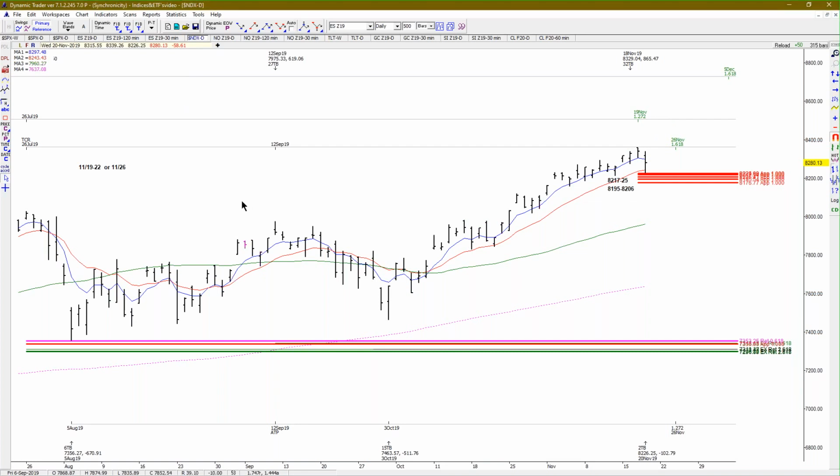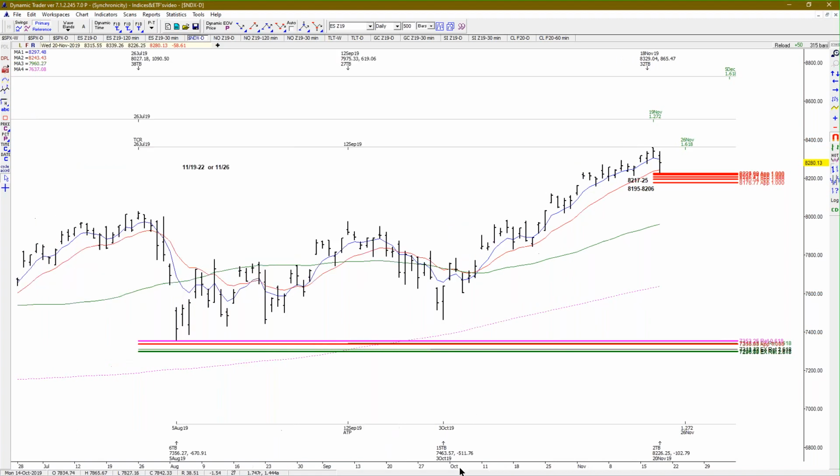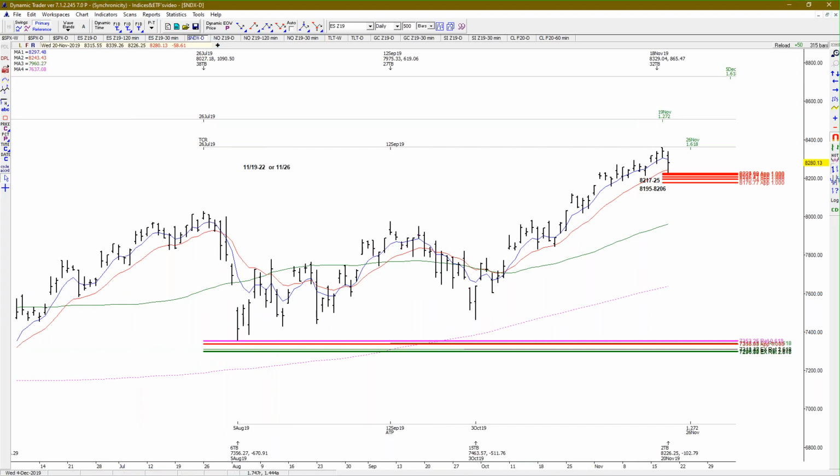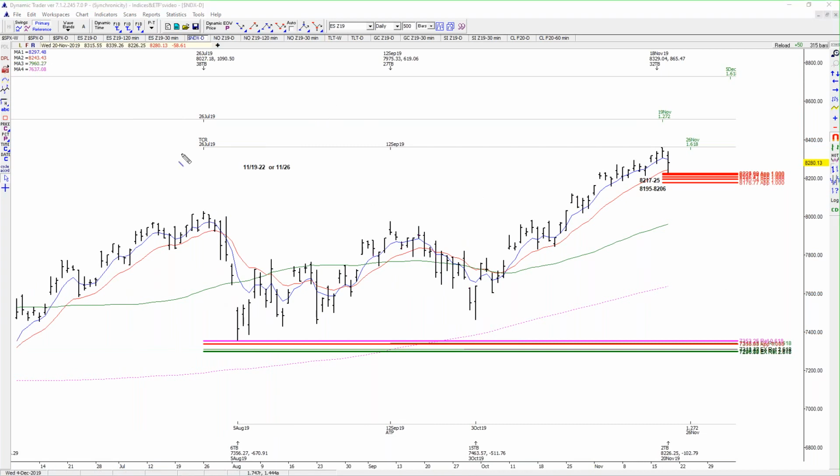And while we're on this chart, just to clarify some of the phrasing that some people have asked about: when we're looking at the timing axis, we see the label TCR and also ATP. TCR is time cycle ratio. Robert Miner was my mentor, and he created the program. So TCR is when you have